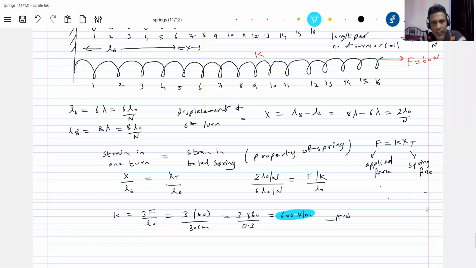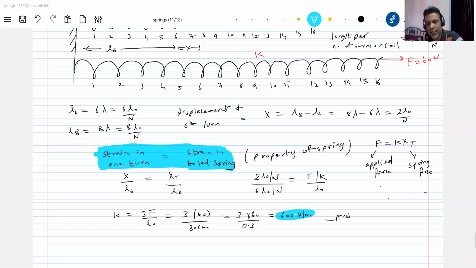Of all this, this is the property of the spring which you should remember; it is really going to help you a lot. The strain in one turn is equal to the strain in the total spring, or the strain in one part of the spring is equal to the strain in the other part of the spring. This is one basic property of the spring itself. So he has put this information in the question. I don't know, it is very badly missing in our books, and the teacher also never bothered to stress it. "No, meter, no." This is the spring constant. What is the unit for the spring constant? Force by displacement.